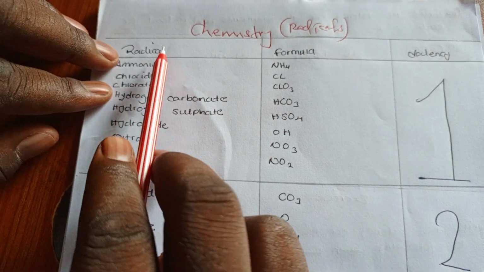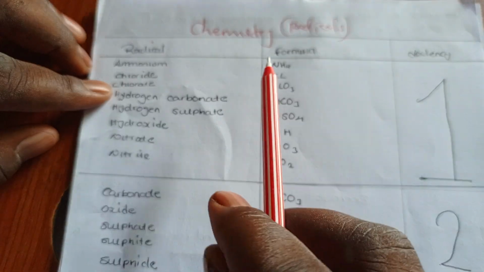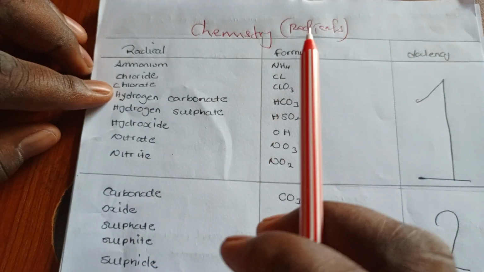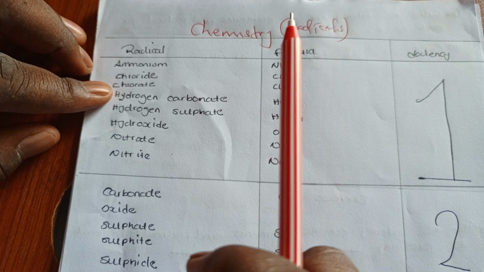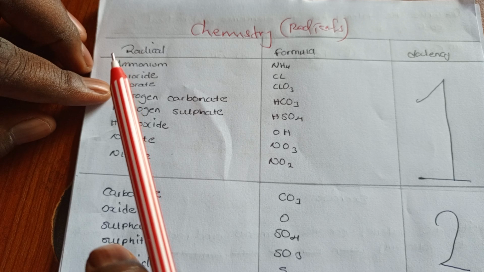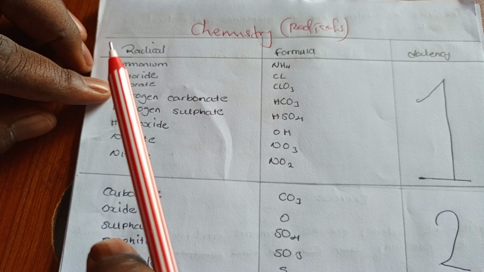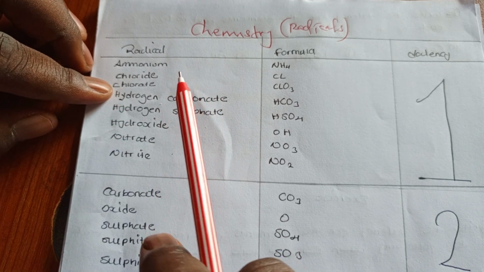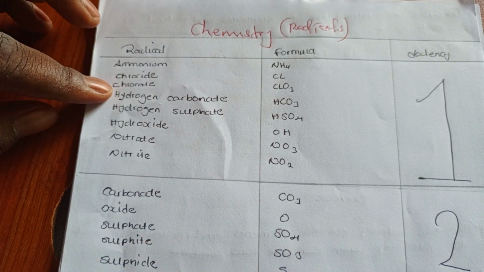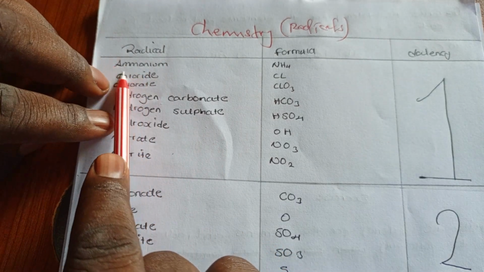As you can see, we have the radical here, the formula and the valence. You need to know that radicals are not on the periodic table. So for you to write a formula for a radical, you need to memorize the table of radicals. The common radicals that you're supposed to know are,